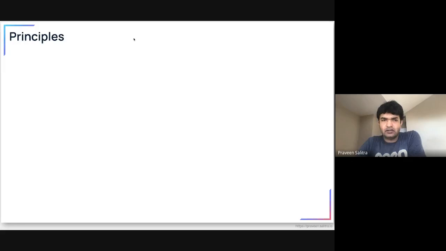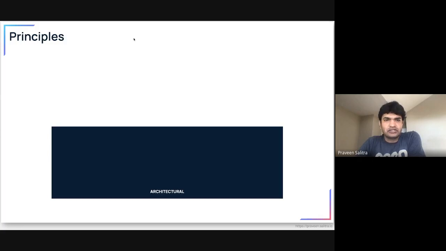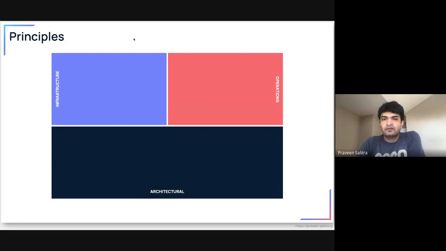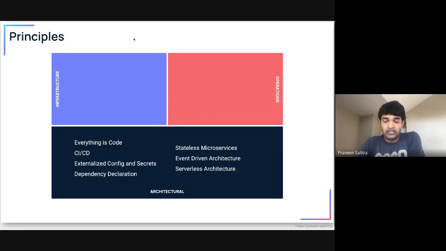So we have 16 individual principles that cut across 3 different major categories. Some of them are architectural considerations that you will do before starting, or maybe when you are refactoring your existing apps. The other ones are infrastructure related, things that if you are mostly focused on DevOps and SRE roles, you will actually talk about or think about. And then still staying on the SRE role, but mostly operational things where your apps are already in prod, some of the users are using it, you want to improve the performance, you want to improve the auto scalability and things like that. So we'll go into detail with each one of the 16 principles.